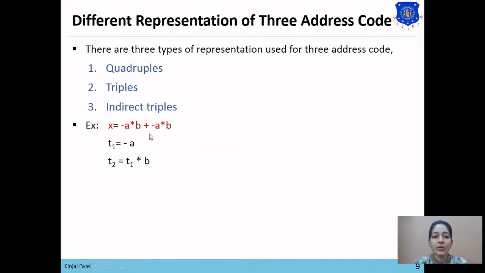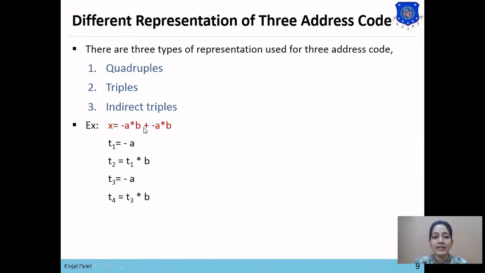Now again we want to perform minus A star B. These two expressions are common, but still we'll perform the 3 address code for the second expression, which is minus A equals to T3 and minus A star B, so T3 star B equals to T4.